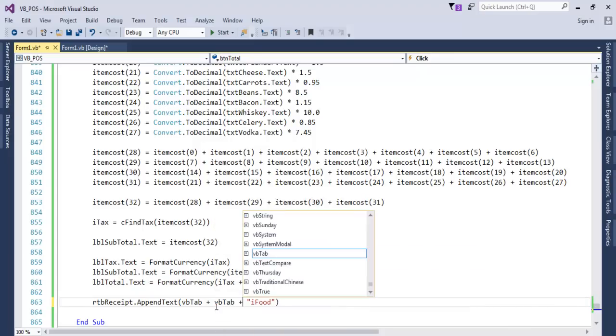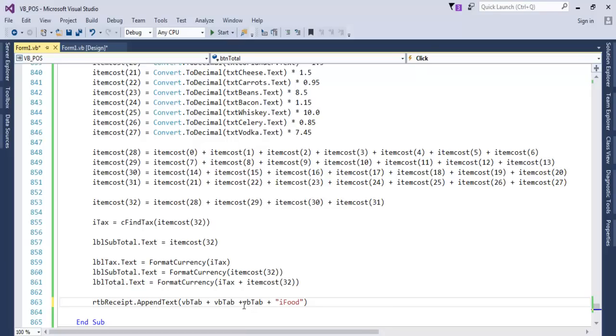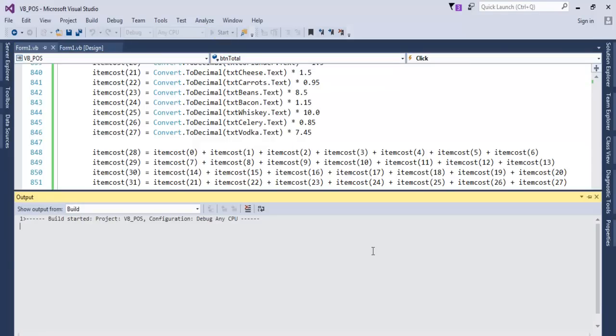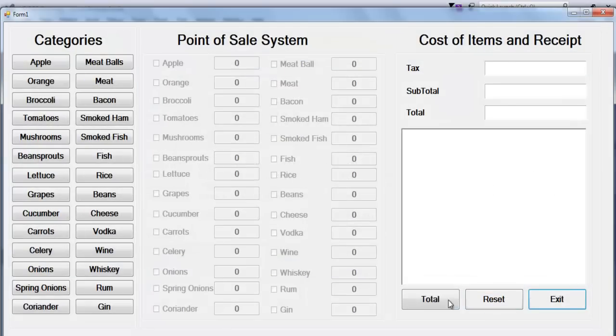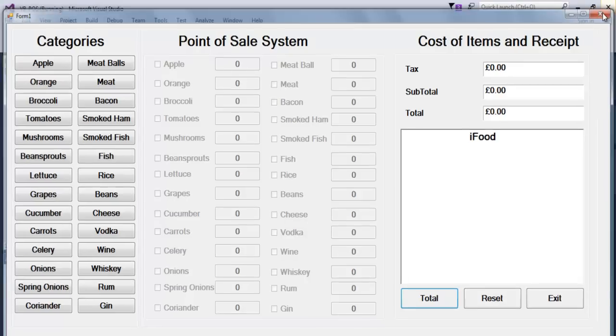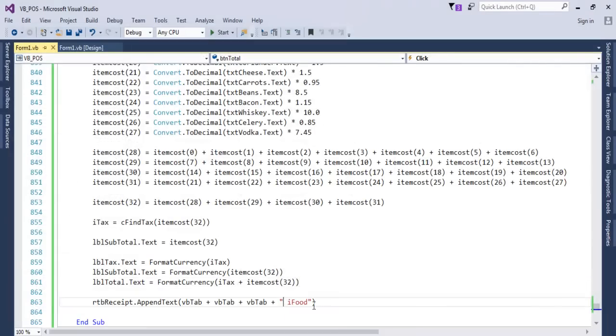Yep, and another one and another one. Okay, so which means we should be able to get it centered. So if I run it, let's run it and see. And click there. It's a little bit centered, that's fine. Okay, with the iFood,